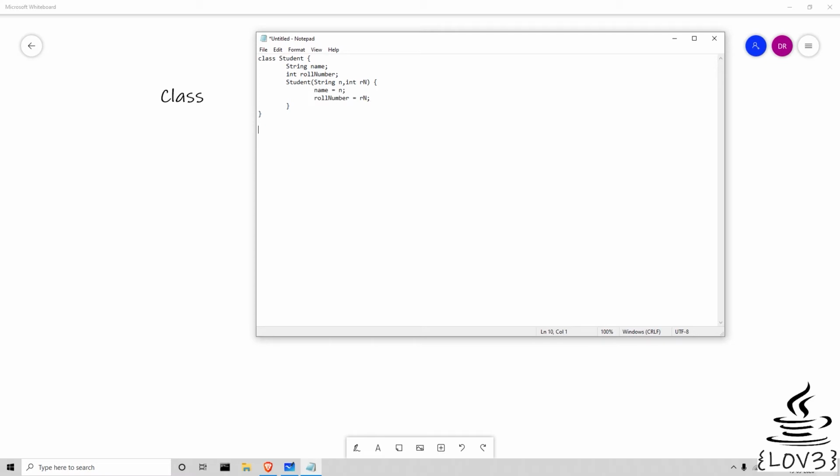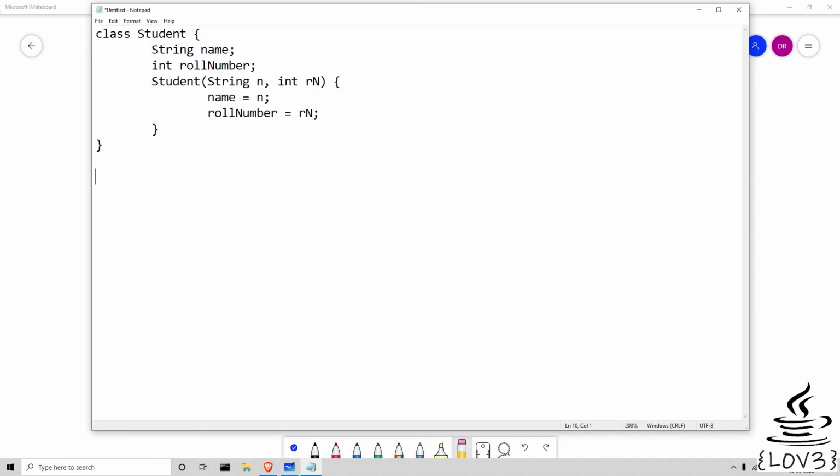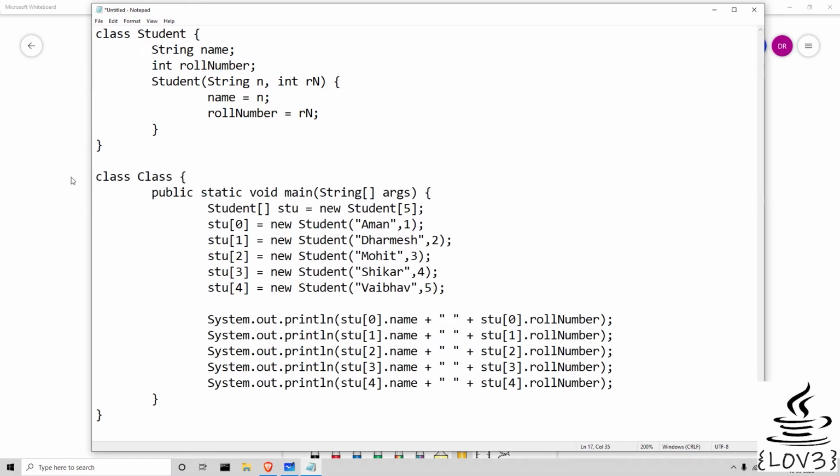Now I'll be showing you how to declare an array of the object type. So now I'll be writing a simple code that will explain how arrays can use even objects as the type, not only primitives but also objects. I've created a class called class, and I've defined a main function in it with the same syntax.